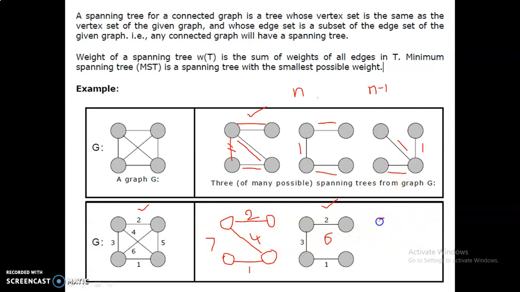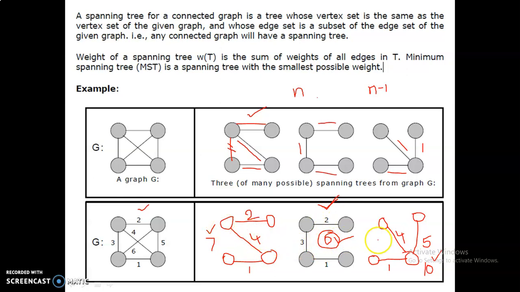And for this last one, if you are connecting these vertices like this, considering these edges, its cost is 4, and this cost of the edge is 5. So the total is 9. And if they are connecting this, the cost is 1, so the total is 10. Out of these three total costs of the spanning trees, the minimum cost is 6. So we are considering this type of spanning tree. That is, the spanning tree should be like that, with the minimum total cost.